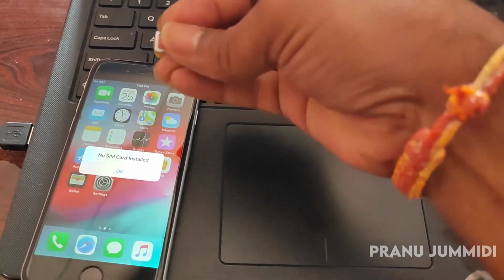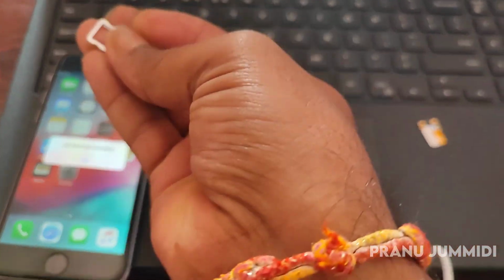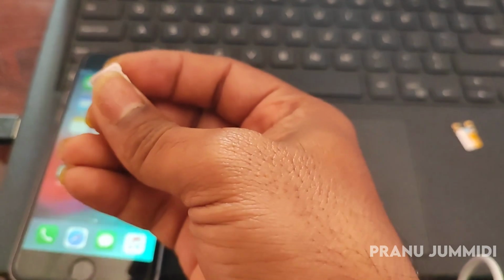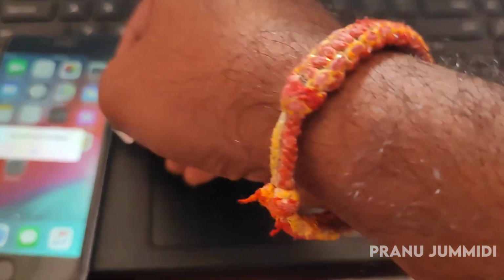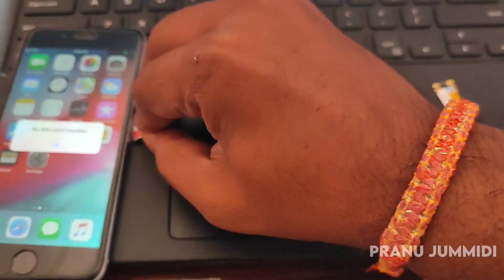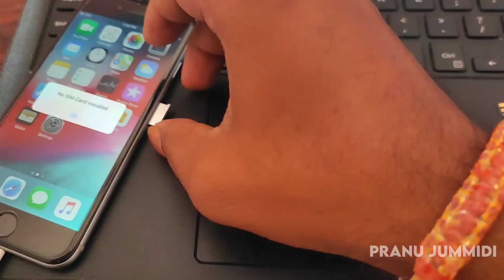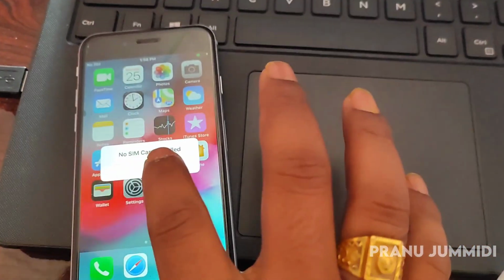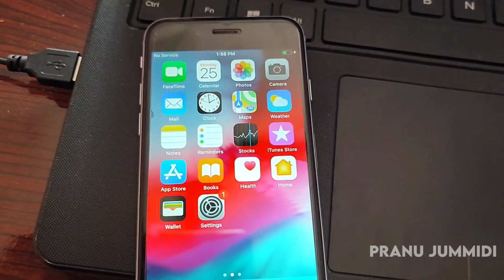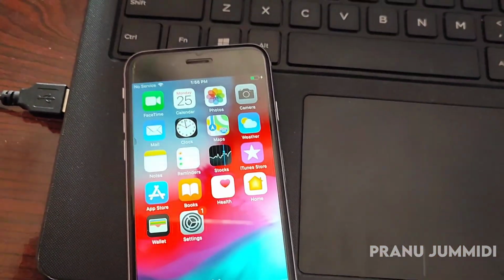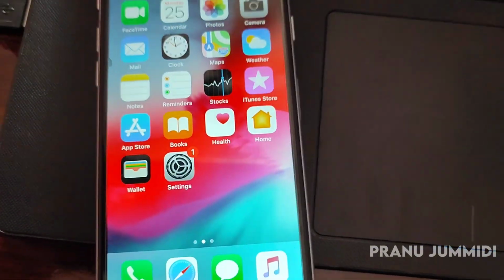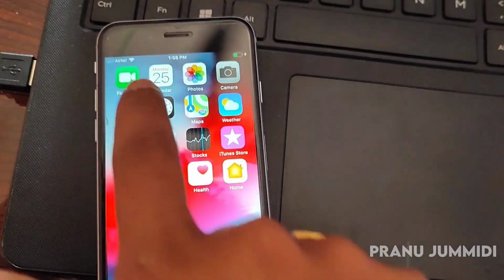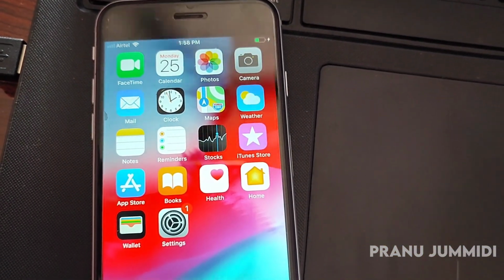See, I'm inserting the AT&T. Sorry, I'm inserting my local carrier SIM without the R-SIM. Here you see, only the SIM card is inserted. See here, the device is not asking for activation again.